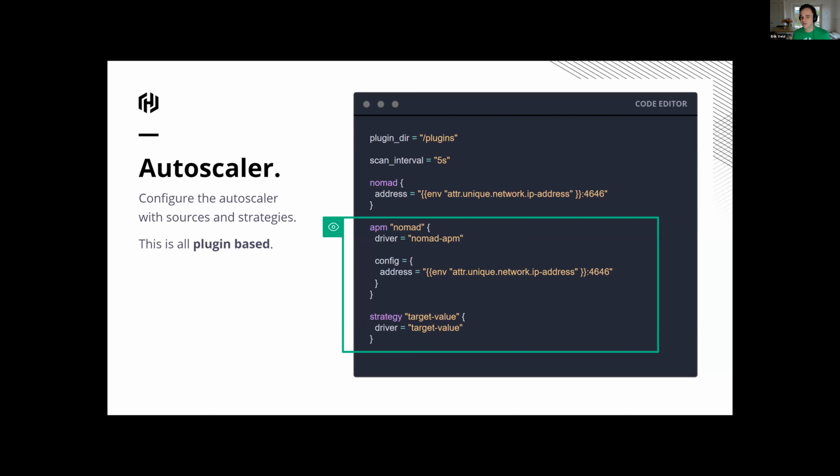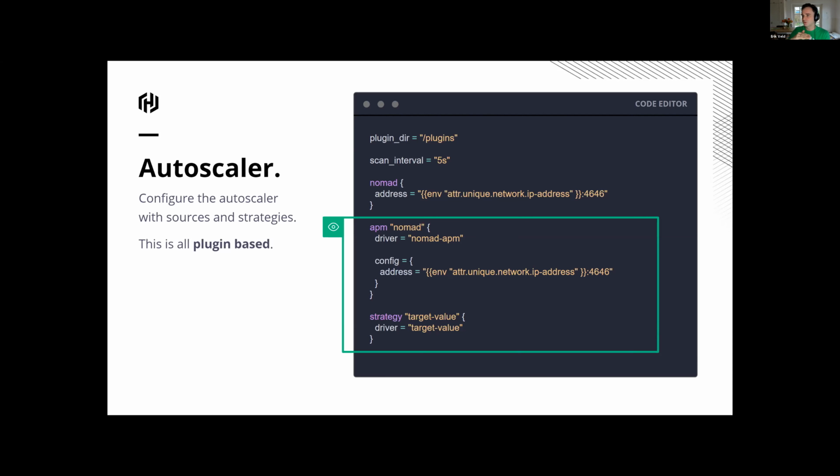And I'm defining the target value strategy, where we can compare the current state of a query with the value that we want it to be. So say, for instance, I have average CPU load, and I want that value to be an average of 1 over my instances.